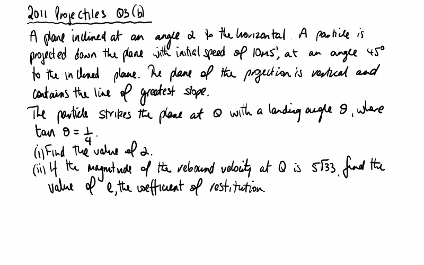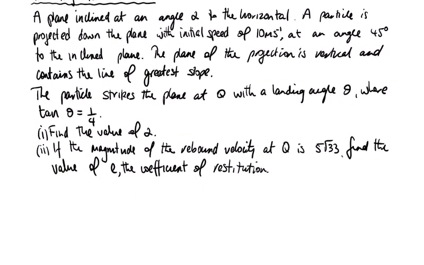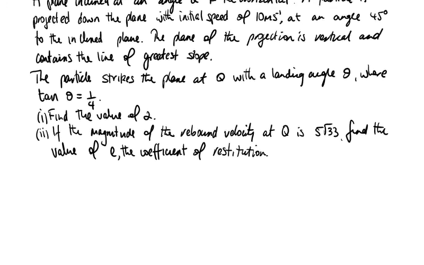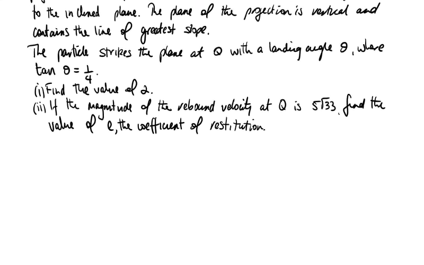2011 Projectiles, question 3b. A plane is inclined at an angle alpha to the horizontal. A particle is projected down the plane with an initial speed of 10 meters per second at an angle 45 degrees to the inclined plane. The plane of projection is vertical and contains the line of greatest slope, which is what we're always told in